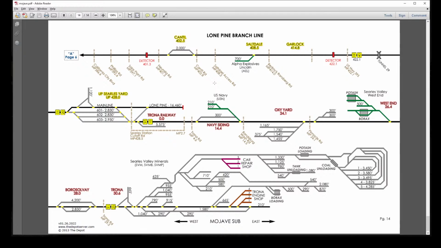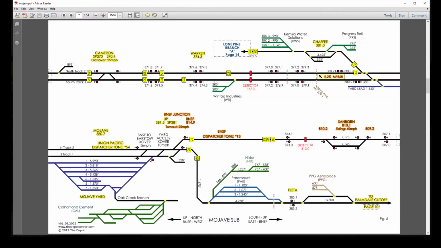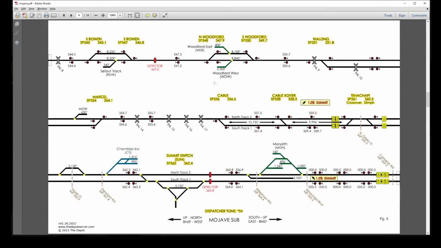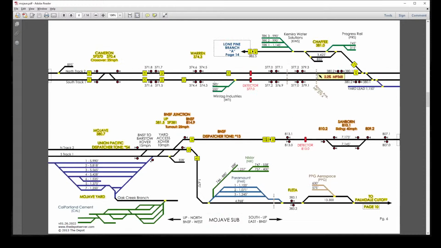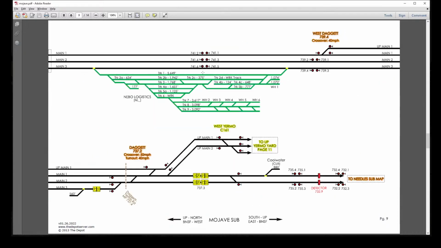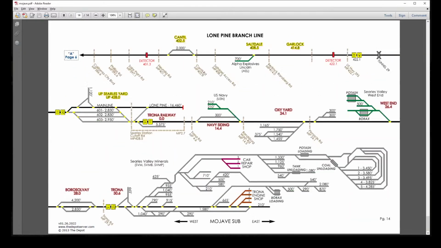Which is interesting, I suppose. It could be combined with the other local that comes down here. Page 6. Yeah, so that's mile 382. So Progress Rail Chimera. That's already in the regular ones. 382. He's got to go all the way down to